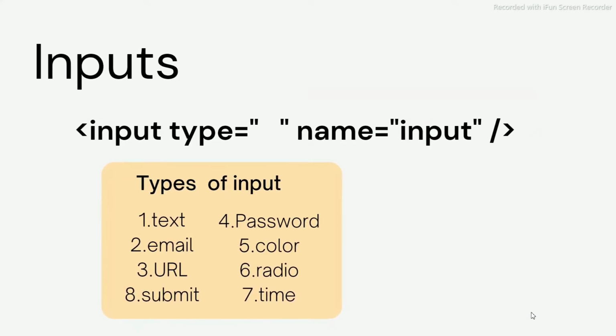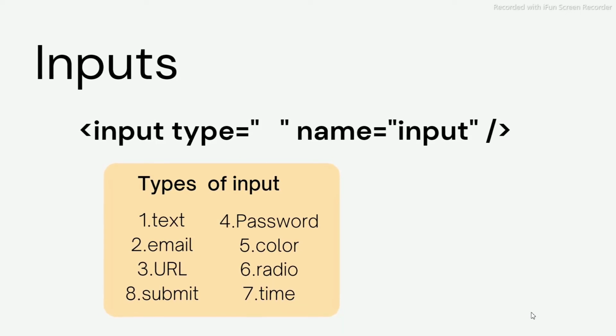Input is of many types. If you want to know about a lot of them, you can visit W3Schools, but we are discussing a lot of them here, so we prefer that you not visit that website. You will get every piece of information in this video. First of all, we are discussing the input. Input is used to get information from the user, where we use the tag input, and we have the attribute type which represents what type of input it is. It might be normal text, or email, or password, or URL, or date, or time, or color, and we have a lot of inputs.